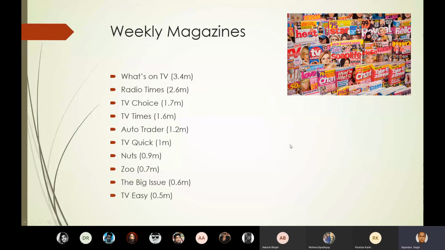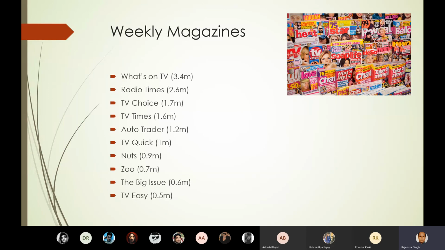All right, so let's look at some of the popular weekly magazines that you will be able to find in the UK. If you happen to be in the UK and stand before a newsstand, these are some of the magazines that could be in front of you. For weekly magazines, What's on TV is the number one subscribed magazine. By the name of it, I would assume it has to do with TV channels, like TV schedules, interviews with celebrities or TV characters, and so forth.